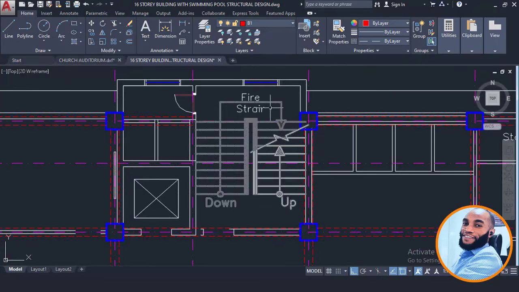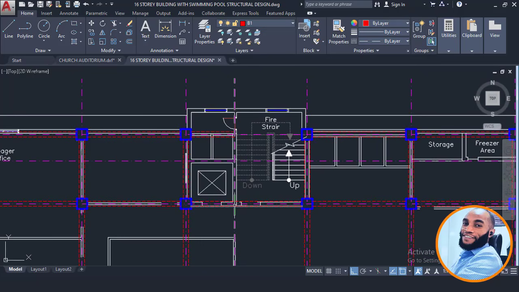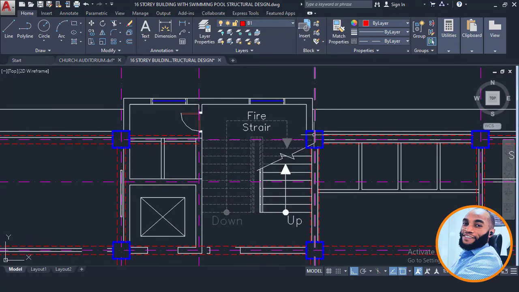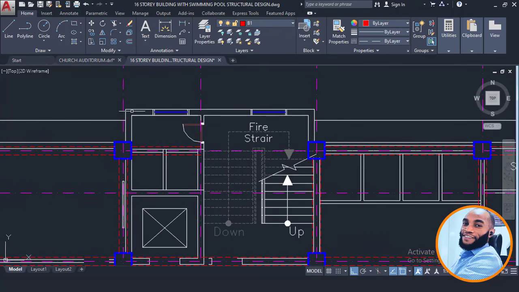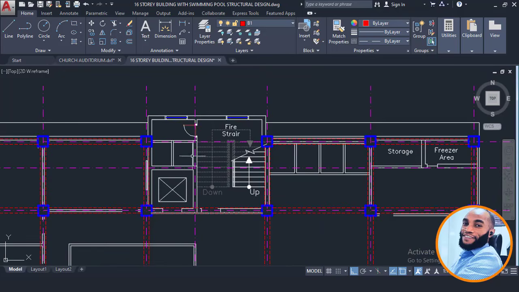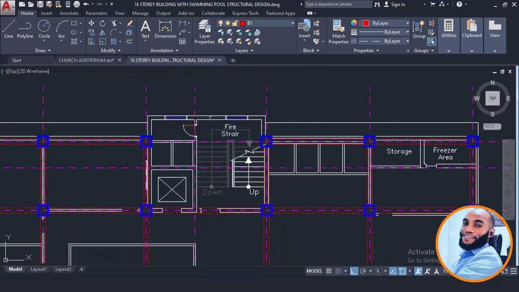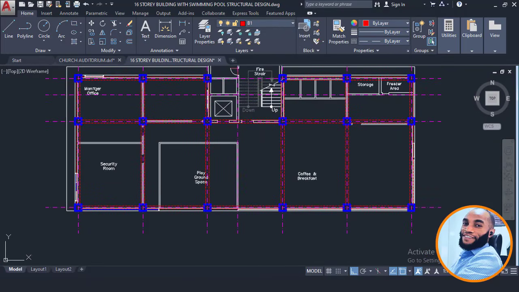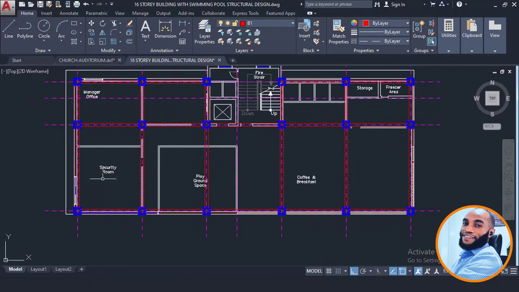Okay, yes, and then there should be a beam here along this place here. Okay, there will be a beam here. Now, since this is a staircase, I'll not cross a beam along this place here because there's a cantilever beam running here. So I'll put that later, and I'll take this off. I'll take this off. Let me take this off. This should go off, and also this should go off too. Okay, so there'll be a beam running here. Okay, and there'll be a beam running here. That's fine. So all these panels now are okay within the slab area,